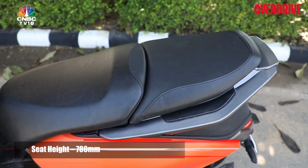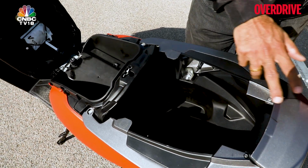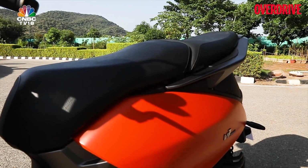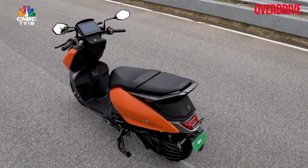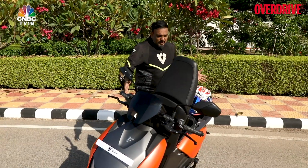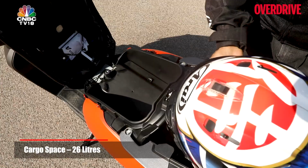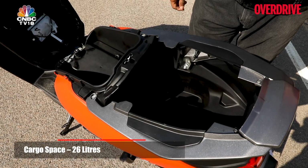Speaking of the split seats, the rear seat and the adjoining panel below it can be completely removed for a single-seater form, either for design's sake or for installing mods like cargo carriers, luggage systems, etc. If you leave all the bodywork in place, you get 26 liters of cargo space. It will, however, still not take a sporty full-face helmet, but made in India, ISI marked helmets ideally shouldn't be